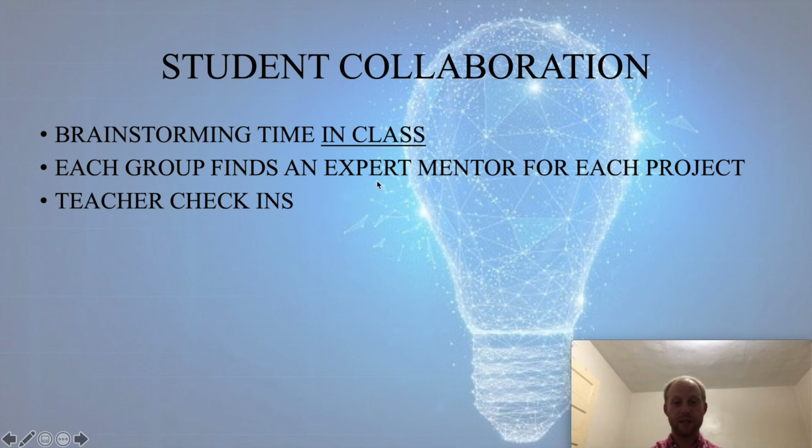During the projects that they have, each group has a mentor for their project, an expert mentor. So why this is so important is because of networking. You may have gotten the job you have now because you've known somebody. And we want students to build their web of people that they know in the fields they might want to go into as far as they can during their time on the way up, so that when it comes time to look for a job or when they develop a new problem, they have someone who they can go to.